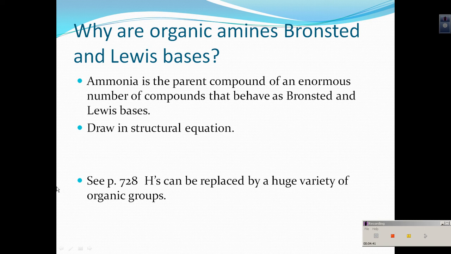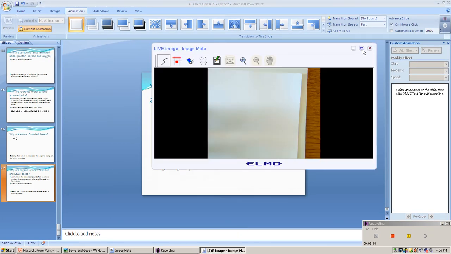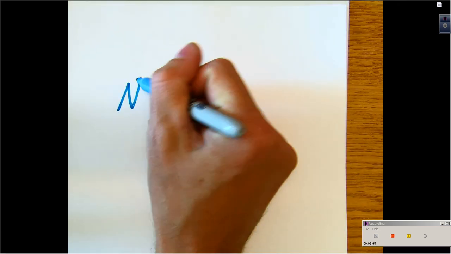So we're going to switch back over, and you can see on page 728 of your textbook that hydrogens can actually be replaced with a huge variety of organic groups. I know those of you who were in Mr. Greenberg's AP biology course went over that in detail with your molecular models, but they can be replaced with all kinds of things, creating our amino acids among many other compounds. So you have this ammonia